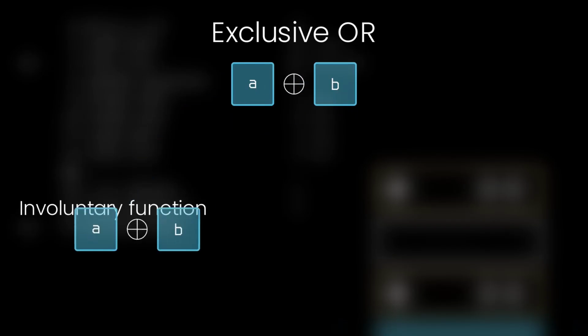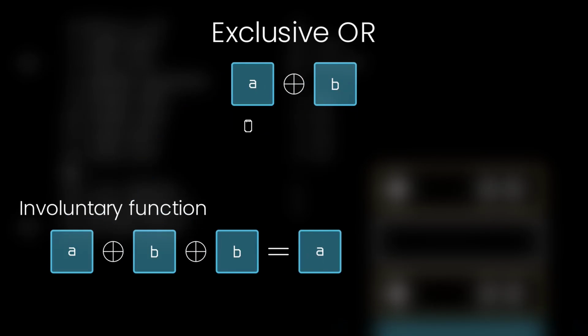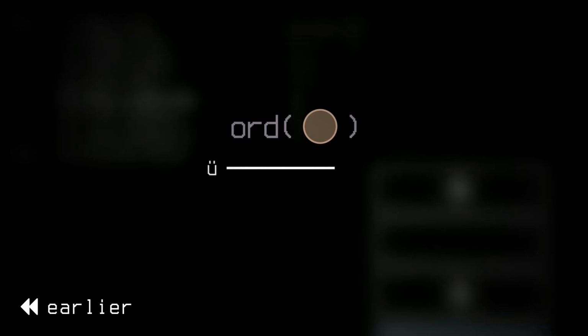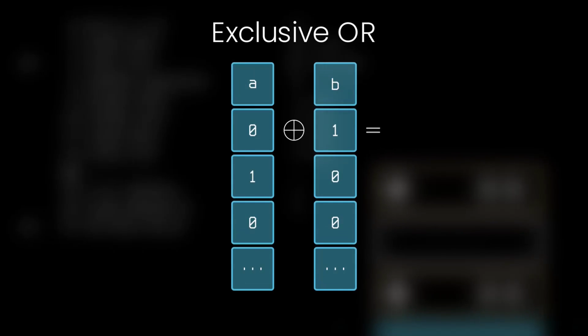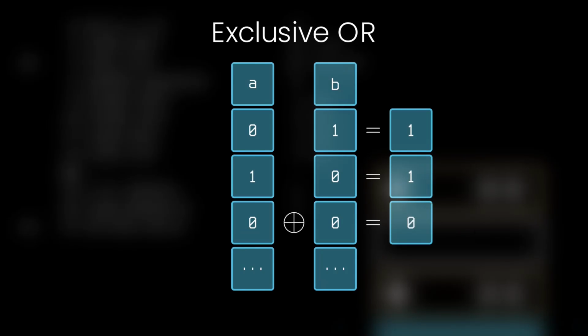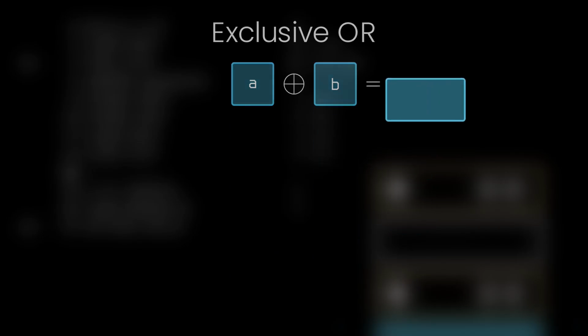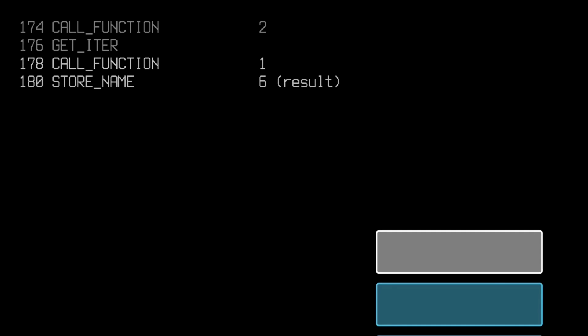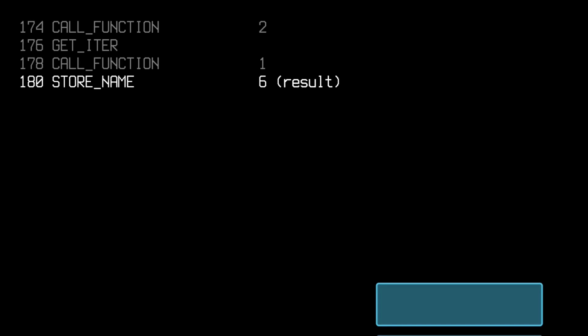A binary XOR, otherwise known as an exclusive OR, is a function which, in its simplest form, takes 2 bits and outputs a boolean true when both of them are different and false otherwise. Since we're working with numbers, recall that we use the ord function to convert the characters into numbers. The XOR operates on each pair of bits from the binary representation of these numbers. The number resulting from this XOR operation is appended to the final list, which is what gets returned to its caller. Back on the caller side, the resultant list is stored in the variable very creatively named result.